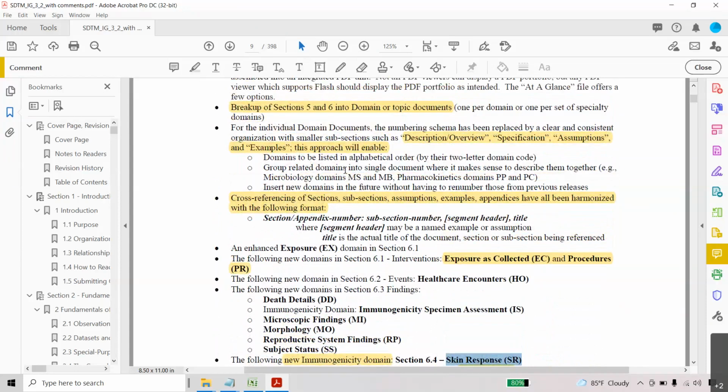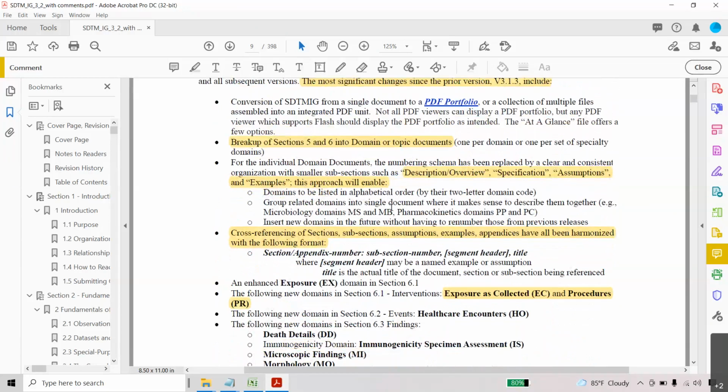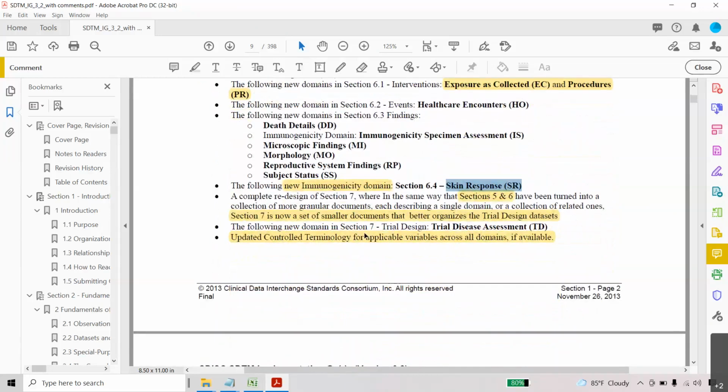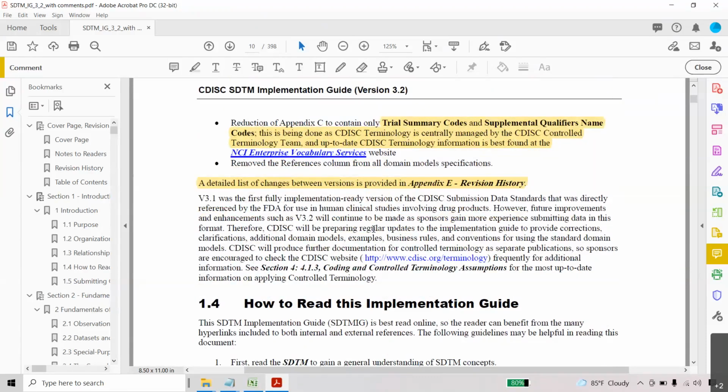Also you can see there is a description overview update. All this information, as I just said, compile the different versions of the SDTM, compile that these are the 3.2 updates. It is very important because when you work on different protocols, based on the study you might work on 3.1.3 or 3.2, or in the future you may work on 3.3.